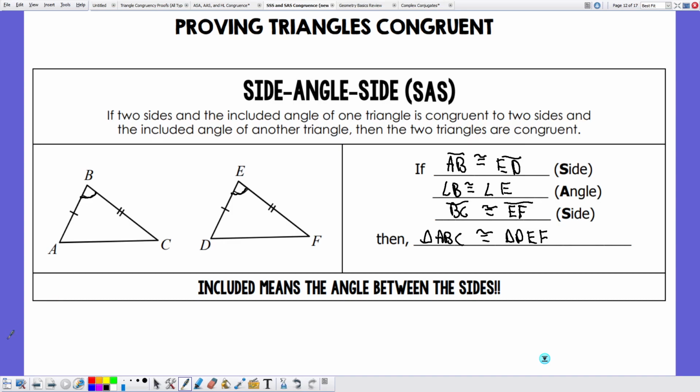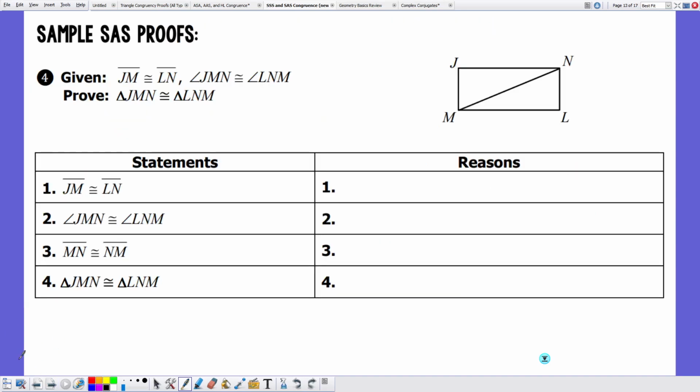So let's see what this actually looks like in practice. We are given a bunch of statements. As always, the first one is our given. The fact that JM and LN are the same, so JM and LN, they're congruent with each other, that's given. And we have that angle JMN is congruent with